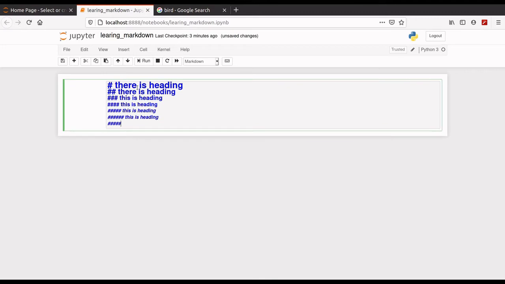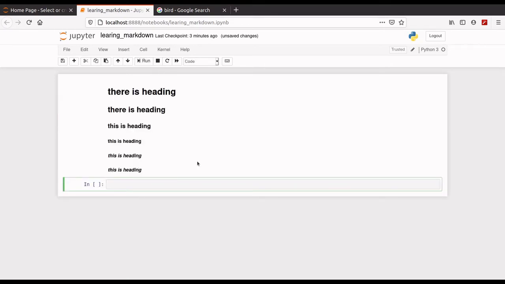After 6, if you use 7 hash, then it will not work. Now if you want to run this cell, then you can use keyboard shortcut, or you can run from here. If I run from here, then look, the sizes are different, and the last two are italic and bold both.